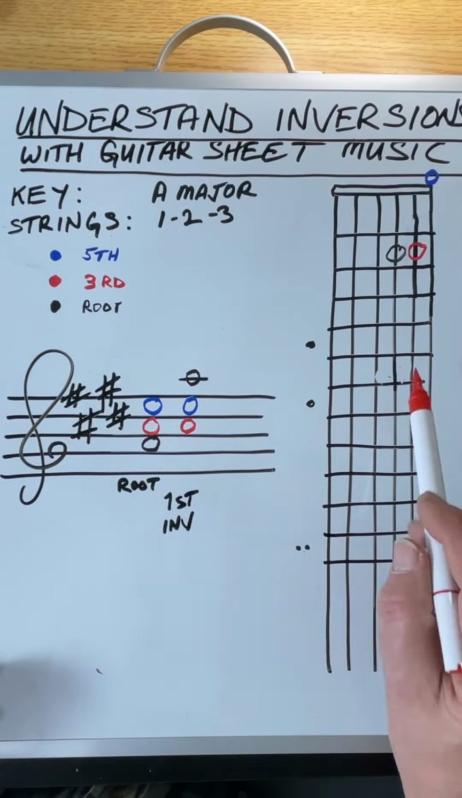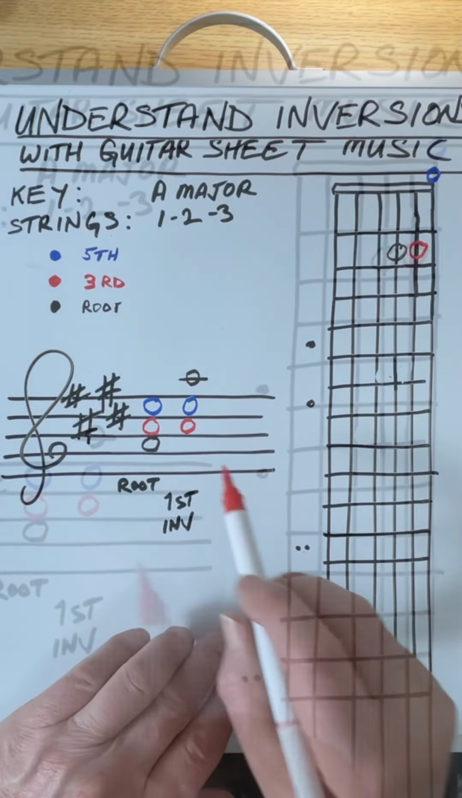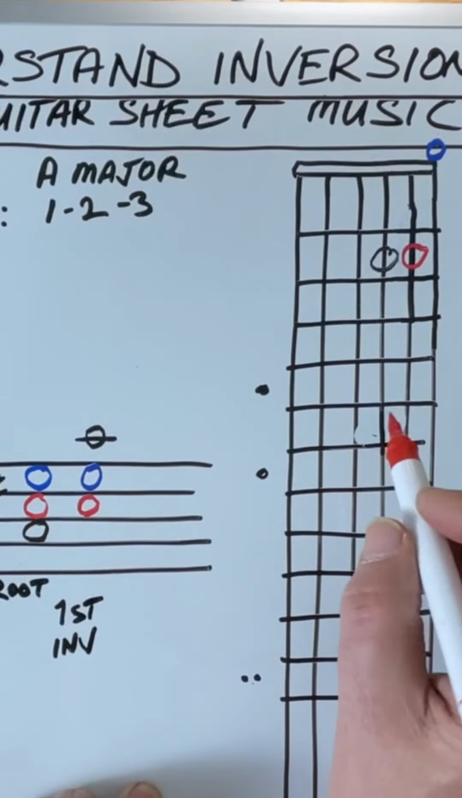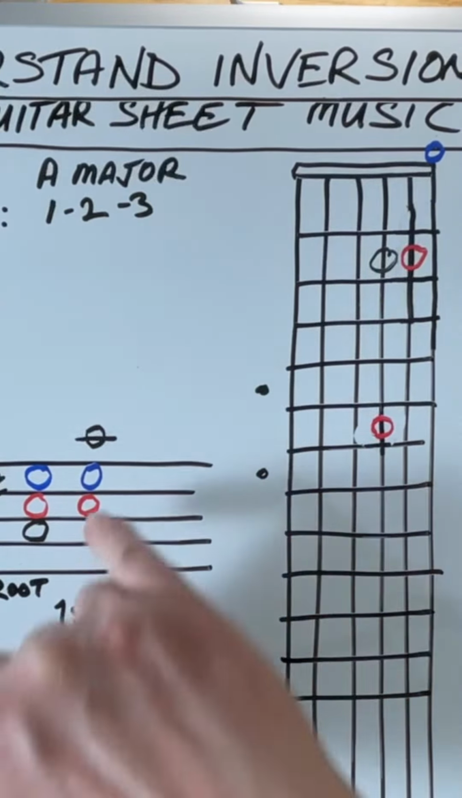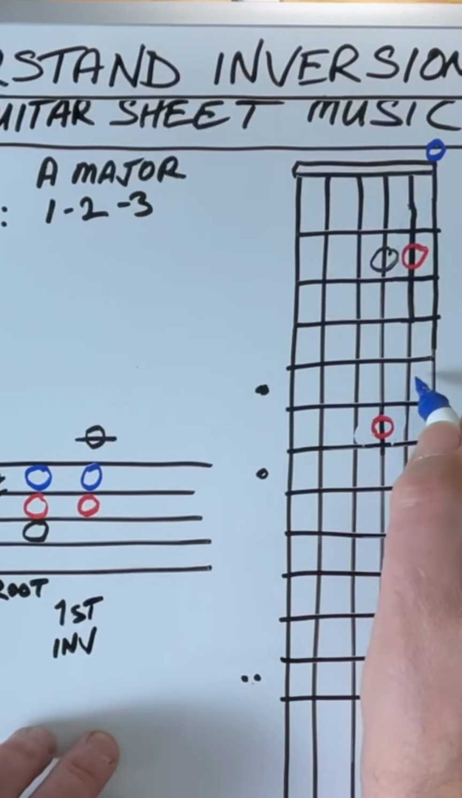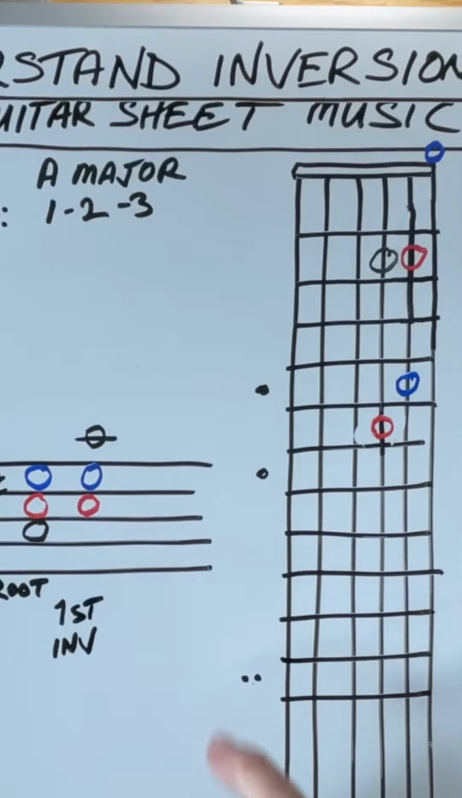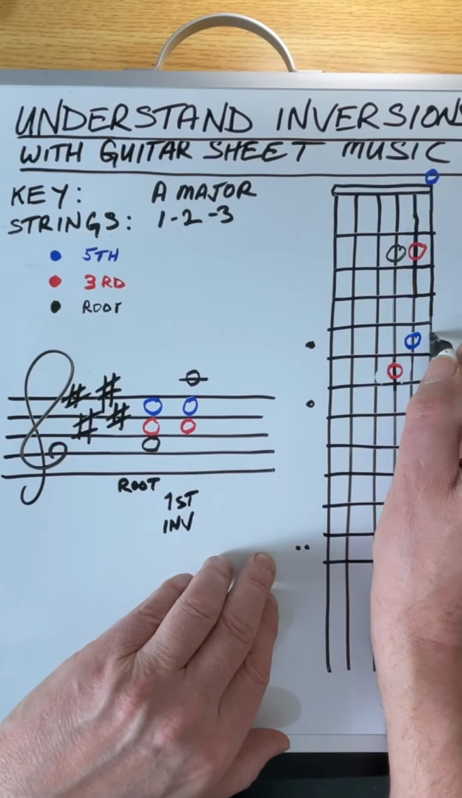In order to play this, we need to put the C sharp on the third string. So this is still going to be the third, even though it's in the bass. So the C sharp is going to be right there on the 6th fret. The next note, E, we're going to find on the 5th fret of the second string. And finally, the A, this is going to be the root note, we're going to find on the 5th fret